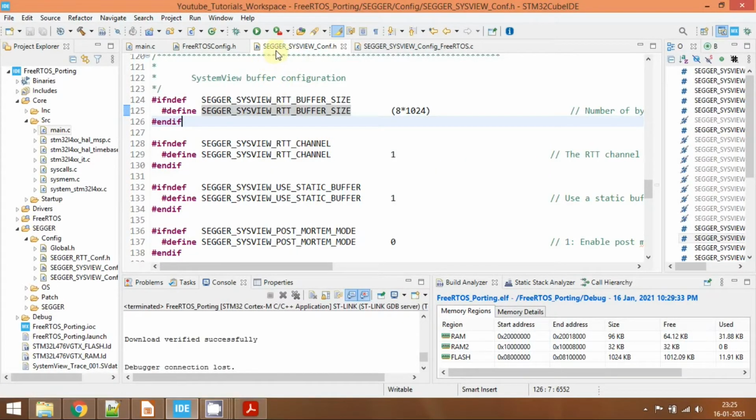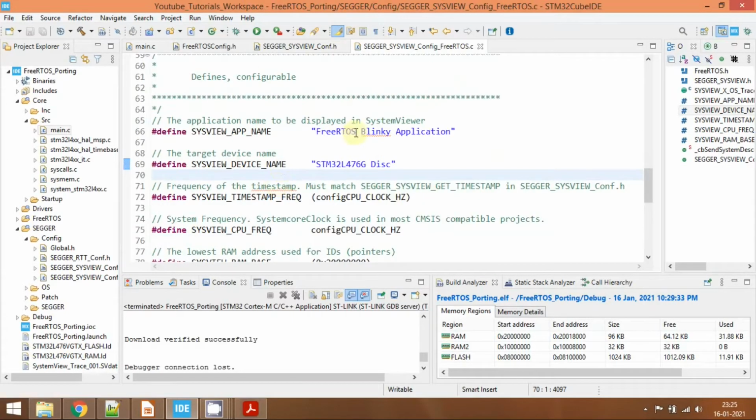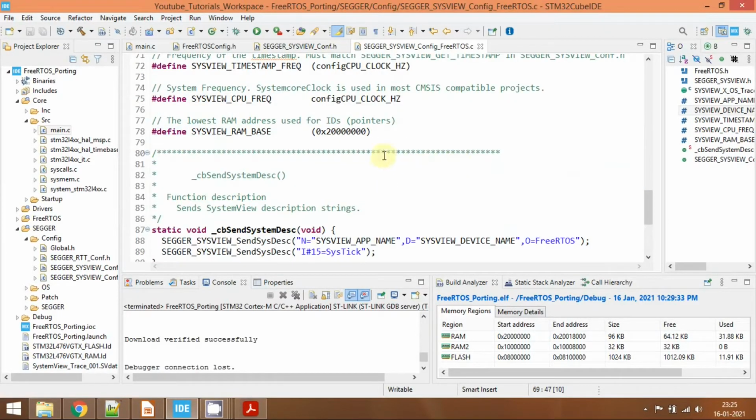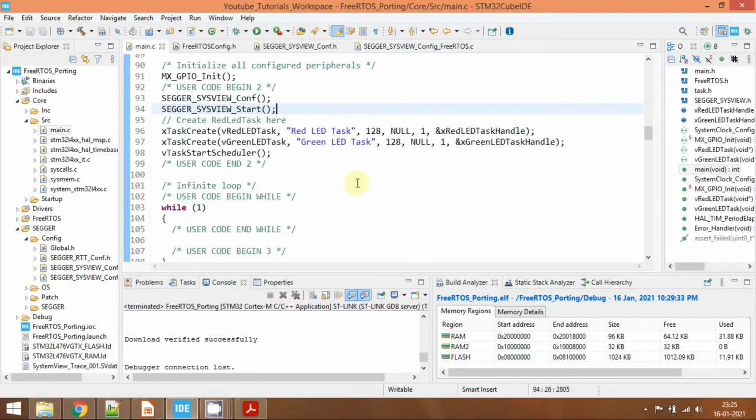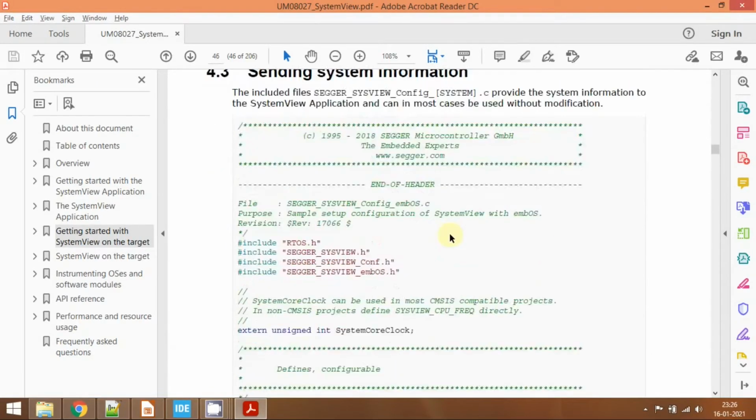I'll repeat the steps again. We have configured the SEGGER_SYSVIEW_Conf.h file, where we have changed the buffer, and we have also changed the FreeRTOS.c file, where we have given the name, also changed the device name, and also updated the RAM base address. So now we have configured everything according to this documentation.